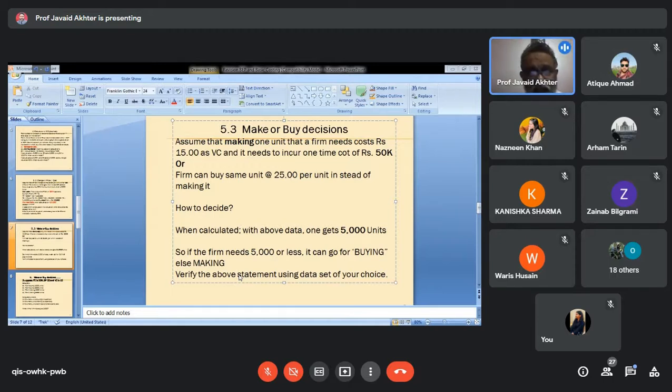Once again, as I told you just a few minutes before, your senior management is asking you, and you are saying that my recommendation is to make. So naturally, they will ask you, why should we make? Why should we not buy? So you need to give a convincing answer. Okay, this is the reason why making is desirable. So what would be those reasons?